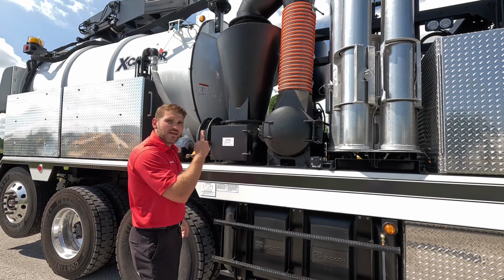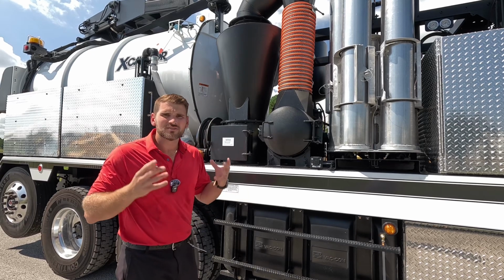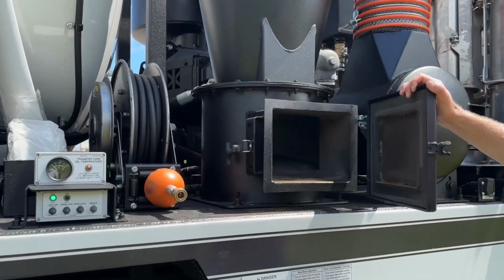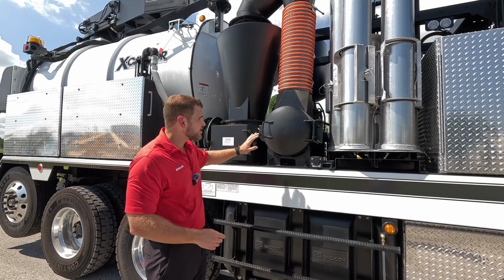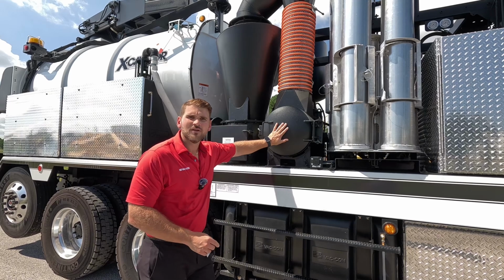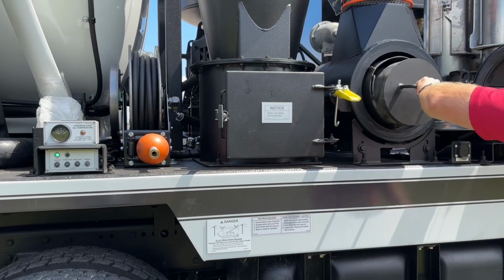This is going to spin that air down to the bottom and shoot it up through the top. So we're going to get a lot of that fine particulate falling to the bottom here. Now, anything that's left in that air, as soon as it exits the cyclonic separator, it's going to go through this final filter. So we've got another stainless steel screen inside this final filter to catch any other material floating